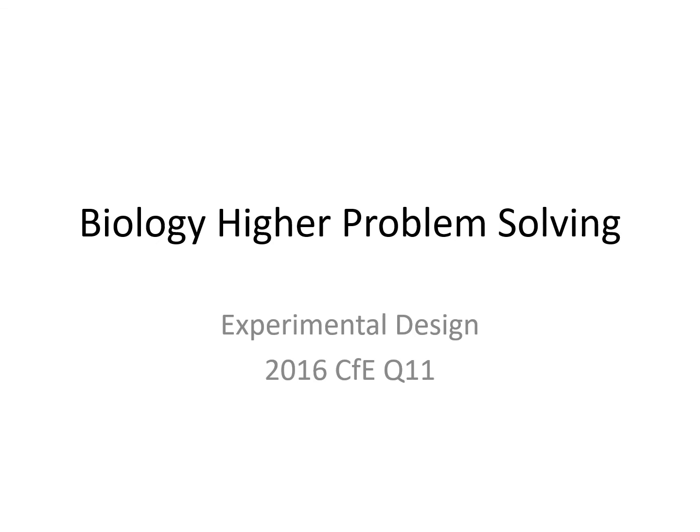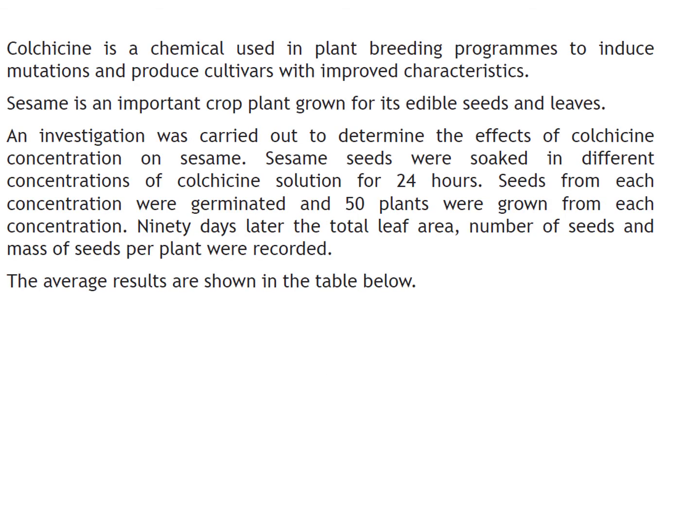Hi folks, we're looking at the higher problem solving question from the 2016 paper. This is question 11, the experimental design question. Okay, so we're looking at colchicine, a chemical used in plant breeding to induce mutations and produce cultivars. We are told it's sesame that is important and that they're working with sesame to determine the effects of colchicine